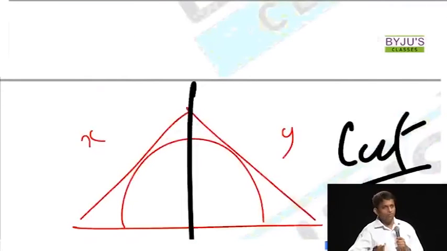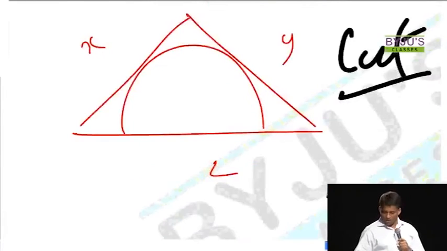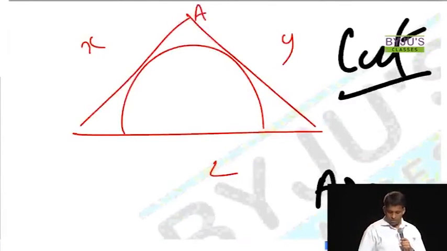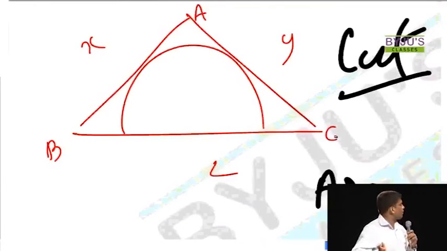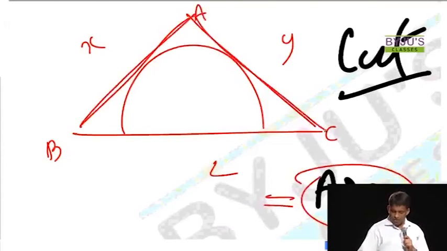You can expect them. If x, y, z is given, indirectly, what is given? Area is given. What area is given? Overall area of this triangle ABC is given, or you can find out. I just need to give these three sides. X, Y, Z given means you know how to find the area of a triangle, right? Root of S into S minus A, S minus B, S minus C. Now, after getting the area, you have the area on the right hand side. What is not given? X is given, Y is given. What is not given? R is not given. That's what you need to find out.